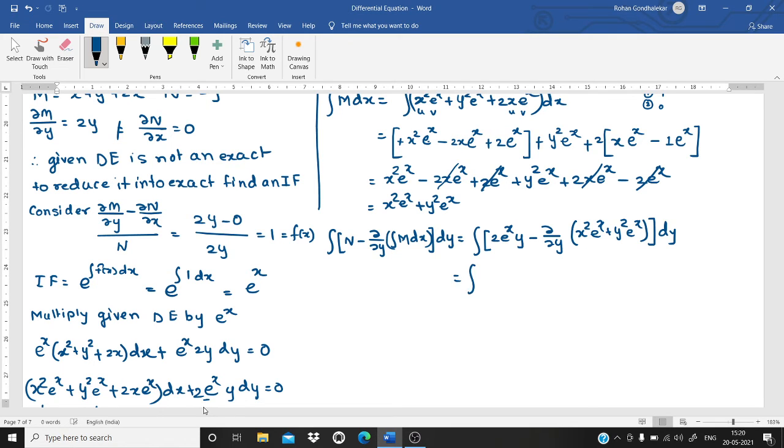So this is integral of 2 e raised to x into y minus dabba by dabba y of the second term. In the second term, the first part is x square into e raised to x. Is there a y there? No. What will the derivative be? 0. The minus is given inside, so we get minus again because here it is plus sign. Here it is a plus sign, so it becomes minus.